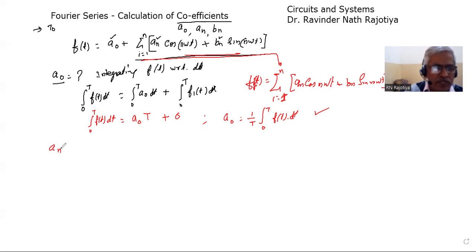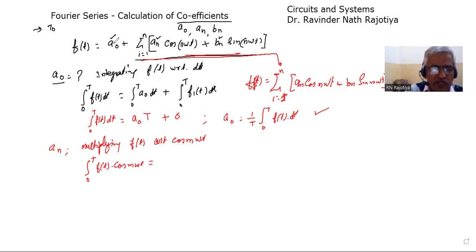Now let's find the value of an. To find the value of an, we will multiply the function by cos of m omega t. So we multiply f of t with the cos of m omega t. Therefore the integral from 0 to T of f of t into cos of m omega t will be equal to